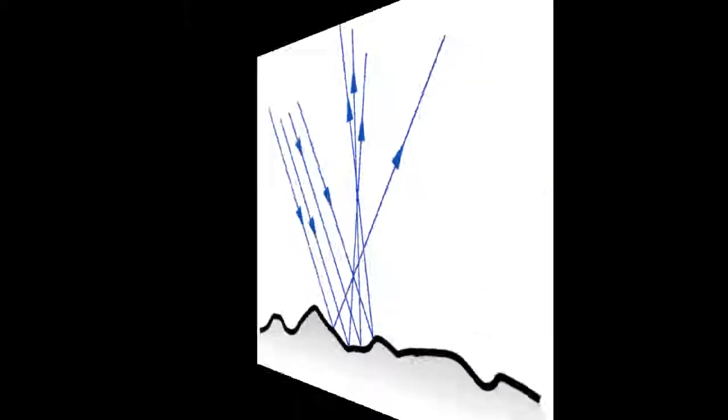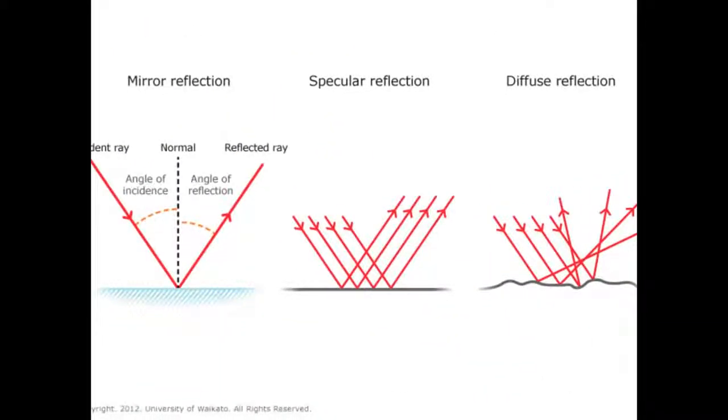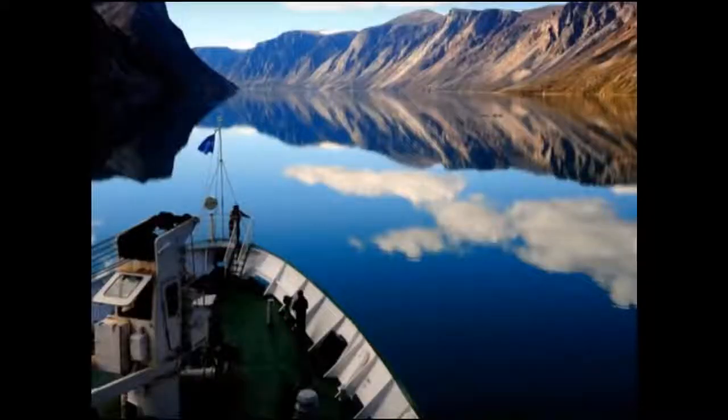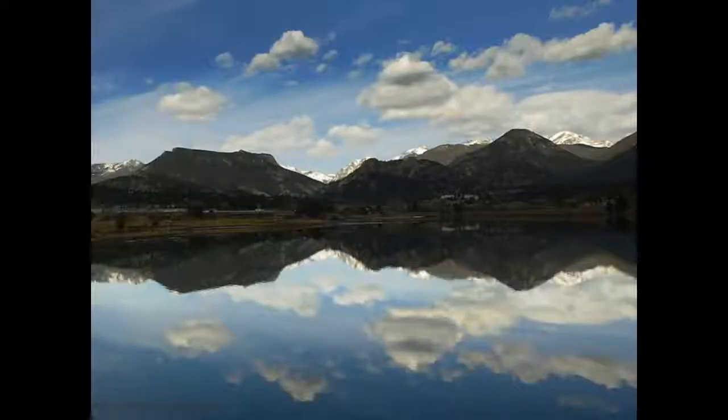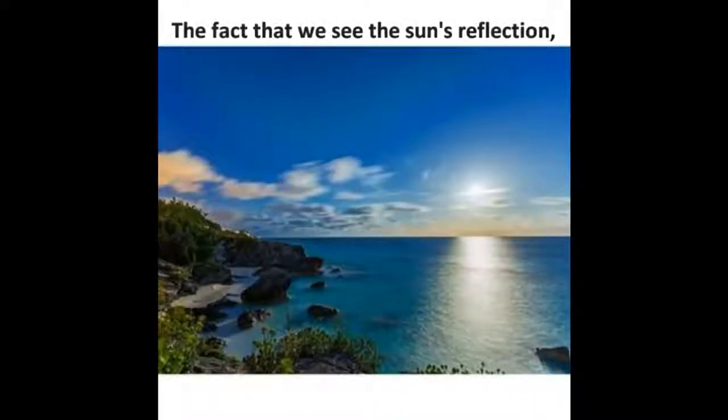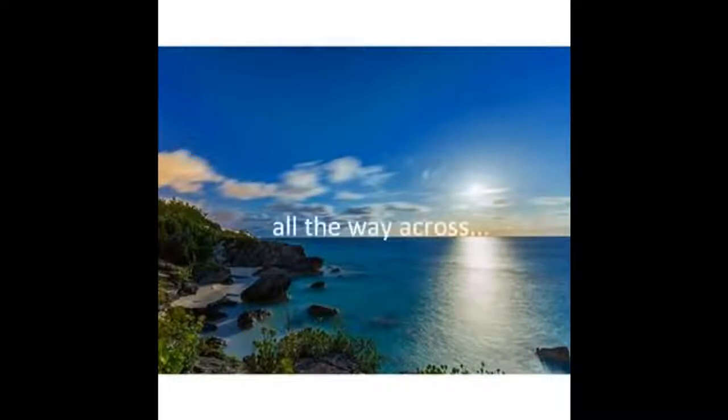However, we see, even on vast bodies of water, such as this one, which is taken on an oceanic body in the north of Canada, that this can occur at vast distances, and that the water has not curved whatsoever. And we also have the example of the moon's light and the sun's light being shown on the water and being seen at any distance, which proves that the water is not curved, and therefore the earth cannot be curved.